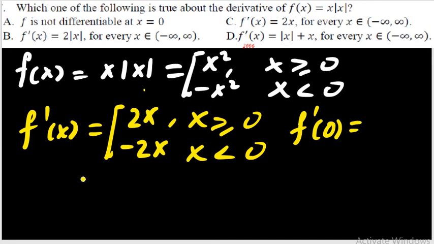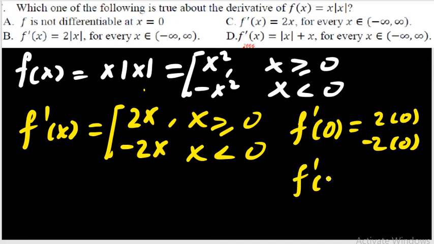The derivative from the right side of 0 will be 2 times 0, and from the left side of 0 will be negative 2 times 0. But 2 times 0 and negative 2 times 0 give us the same result. That means the derivative of the function at 0 will be just 0 from either side, because remember the rule, normally